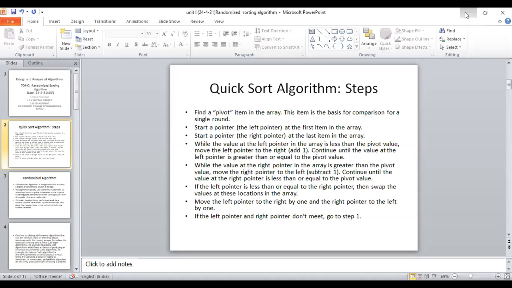RQuicksort works on any input and runs in expected O(n log n) time, where the expectation is over the space of all possible outcomes for the randomizer. The code for RQuicksort is considered in this algorithm.